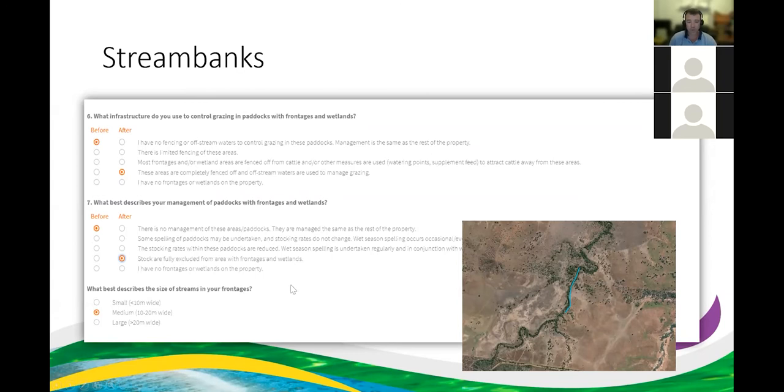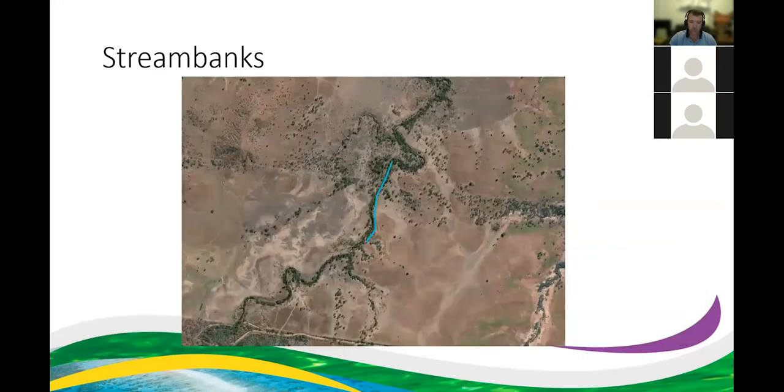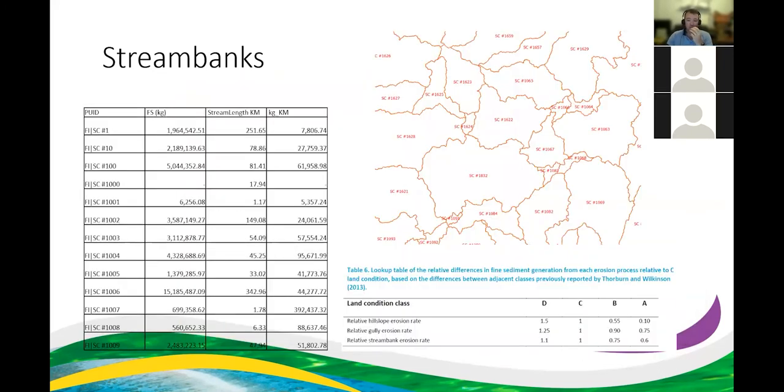So by doing this, the line marks the area that is the stream bank that we're going to protect. Through these questions, we're working out what the practice change is going to be. So, is it a high risk to a moderate risk? What's the before risk there? High, medium, low. What's it moving to? So what then sits in the back of